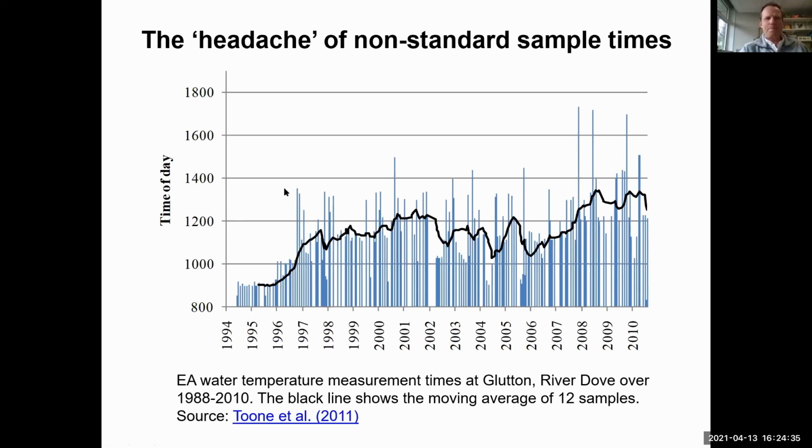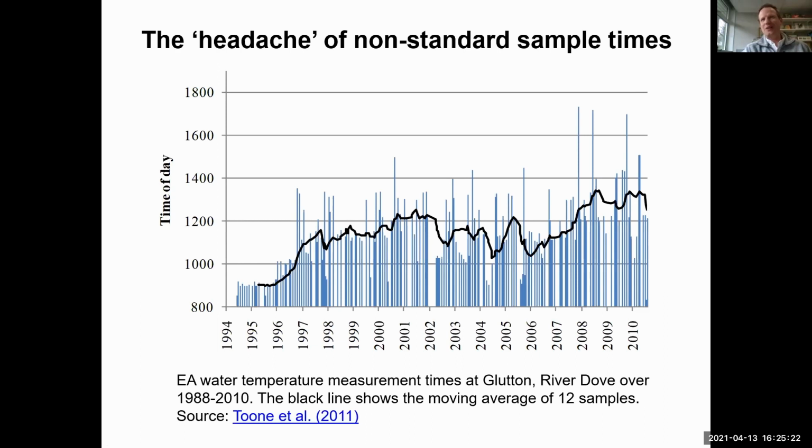So as I was saying, on this axis, this is the time of day. So 8 o'clock, 10 o'clock, 12 o'clock, 2 in the afternoon, and this is the year. And this time of the day denotes the time when the field officer went to the river, collected the water from the river, put the thermometer in the bucket, and wrote down the temperature. And crudely speaking, in the late 1990s, the field officer was going and taking the water temperature at breakfast time,